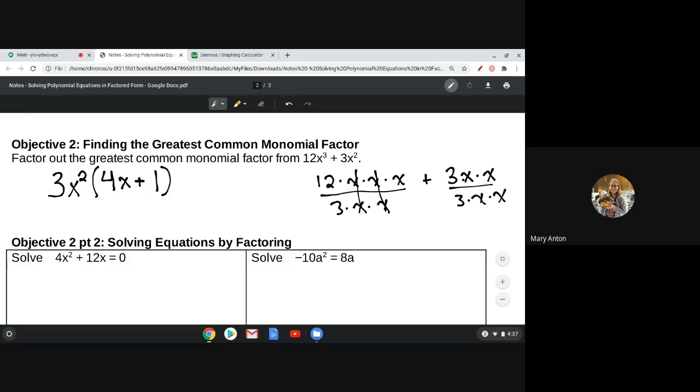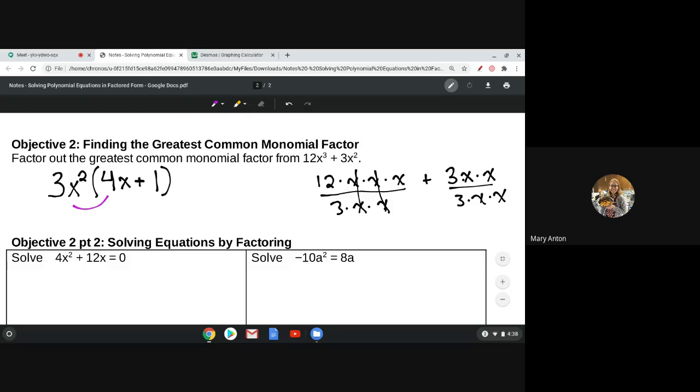And y'all, if you want to check your work, keep in mind that what we're doing is just the opposite of distributing. So if I want to check my work, I can just distribute. So maybe I can just do this in a different color. You don't have to write this down if you don't want to. So if I distribute and I take